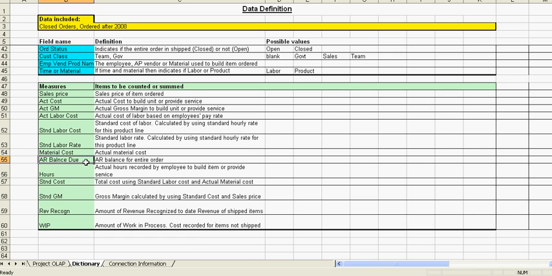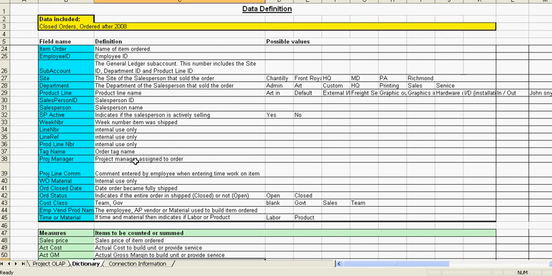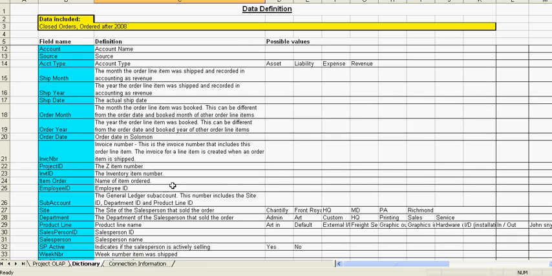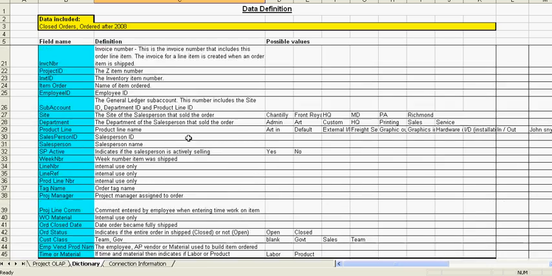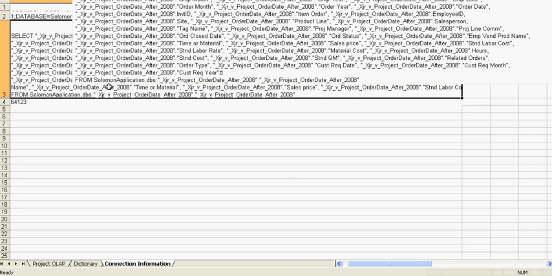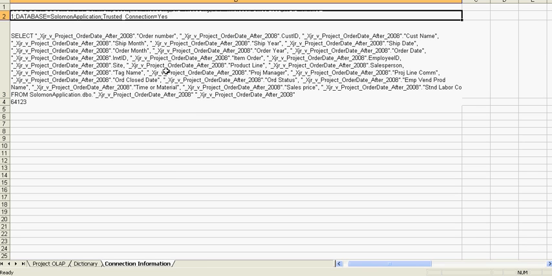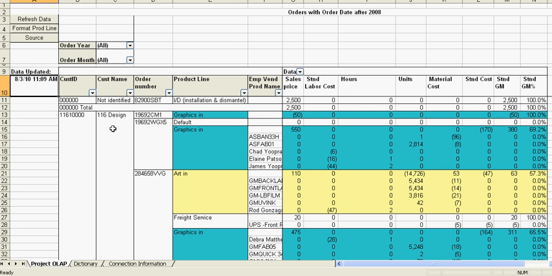We have the material cost, AR balance, spelled balance wrong, hours, revenue recognized, what's still in WIP. All these things you can use in the measure section to add up. These are all numbers. And these are not numbers. These are things we're going to use to categorize those amounts. We also have the connection information, which is really more for tech people to understand exactly where the data is coming from. There's very few data sources. You can create as many as you want, but there really isn't a need to. And I'll show you an example of that